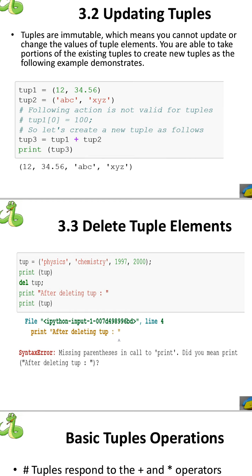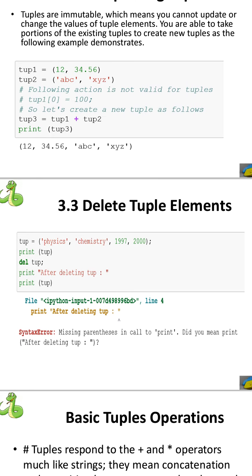Similarly, we can use the plus operator to concatenate two tuples, and in our earlier video we understood the difference between append as well as plus. The append function will modify the original list only, whereas the plus operator always creates a new list, and whatever concatenation happened between two list elements will be copied to the newly created list.